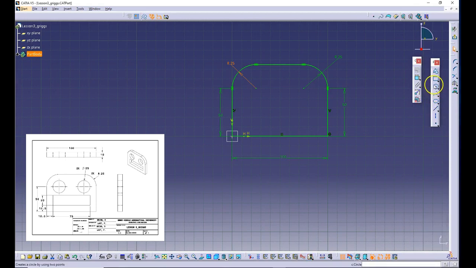So some of the other tools that we could use, the circle tool, we've got a couple of them. So if you use the down arrow, you can get to the other options. So you can do a 3-point circle, you can do arcs under that as well. But the center circle is the one that I prefer to use. So if I start on this center point of my arc and create a circle with a diameter of 25,